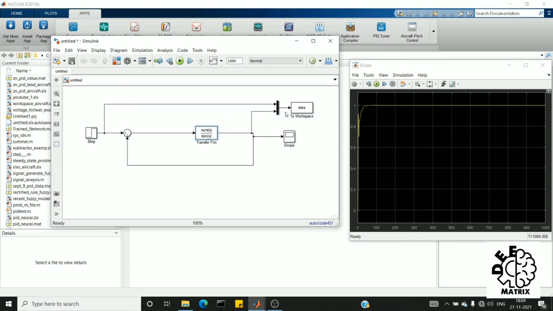After that, I moved the step input data and step response to the workspace using two To Workspace blocks. You can also check out my video on the To Workspace block, on how to move the data from Simulink to the command window. And this is the closed loop step response of the system we are taking for the example.